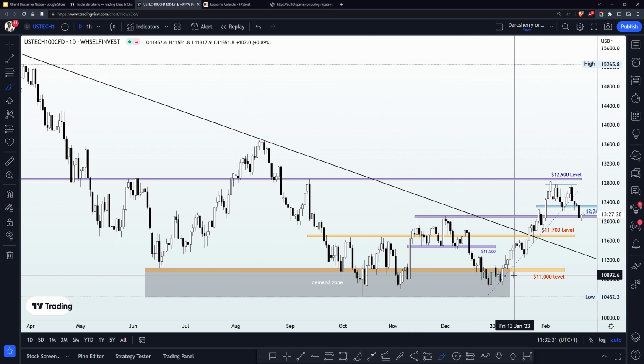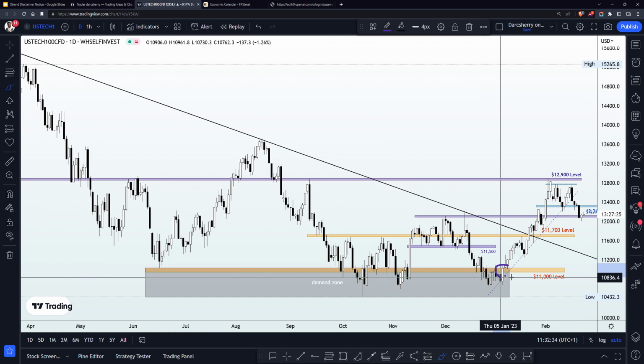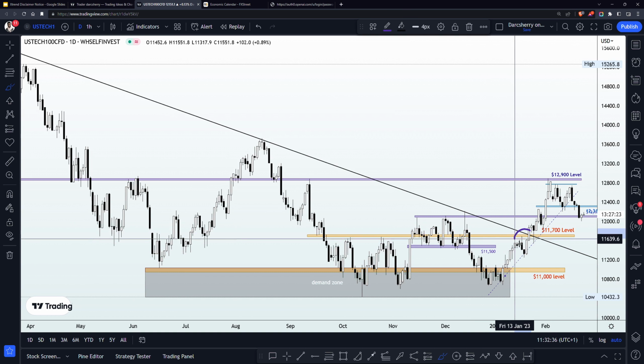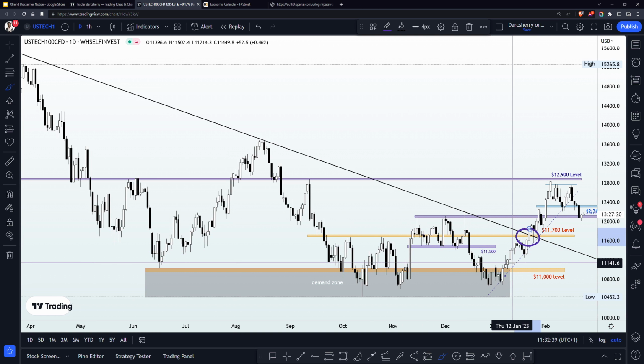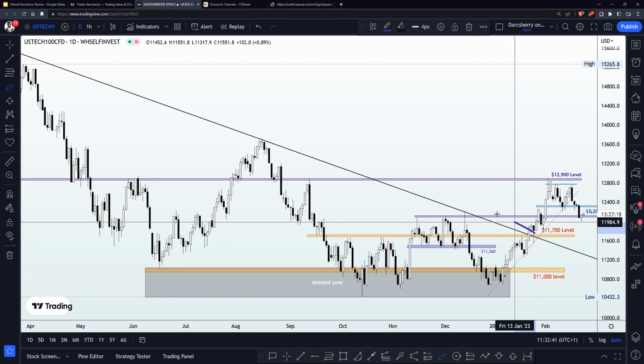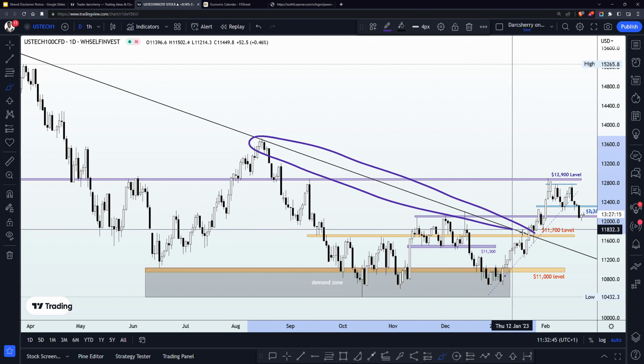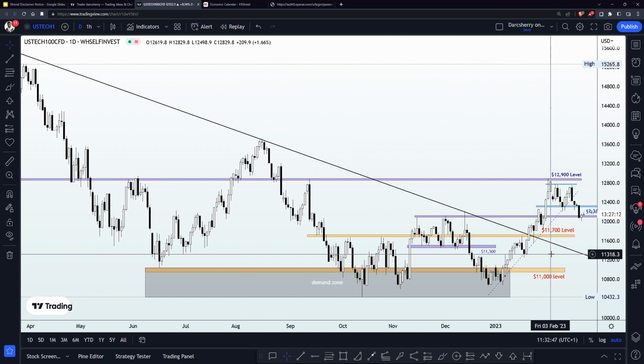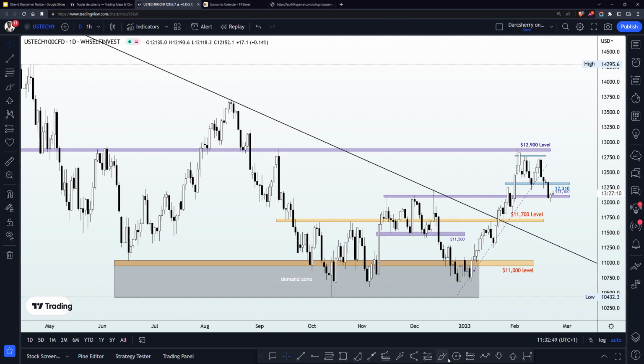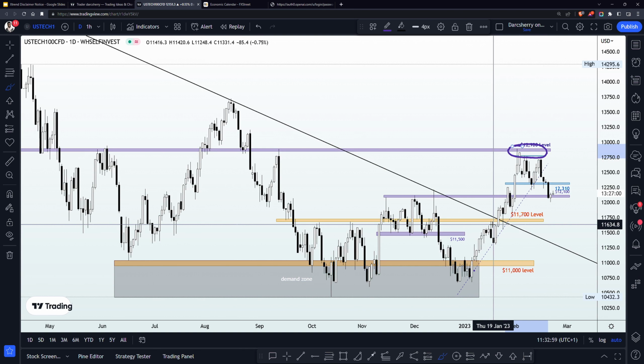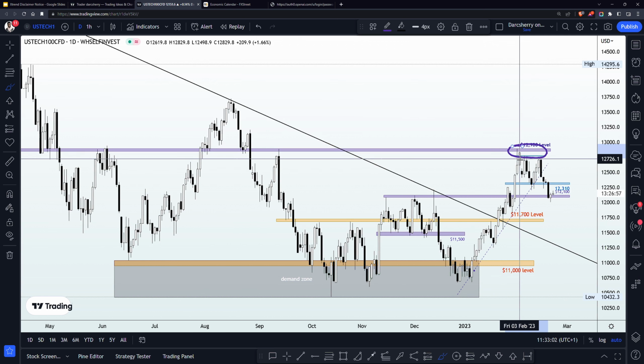And this actually led to a situation at the beginning of the year where price action did a final breakout of that bearish trend line to emphasize that the trend line no longer has the capacity to hold selling momentum anymore. And with the bullish momentum breaking out of that trend line, we saw price action continue to find higher highs, leading to the retest of the $12,900 level. And what we saw here is that as soon as price got into that $12,900 level, we began to see selling pressure resume around that area.